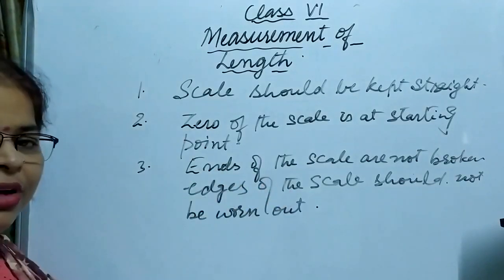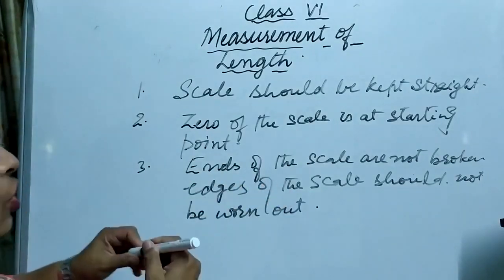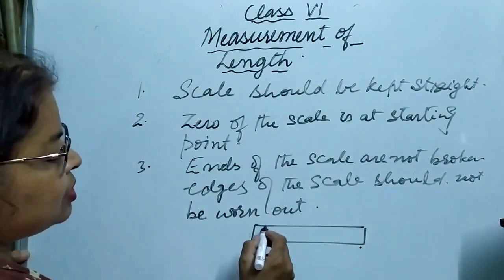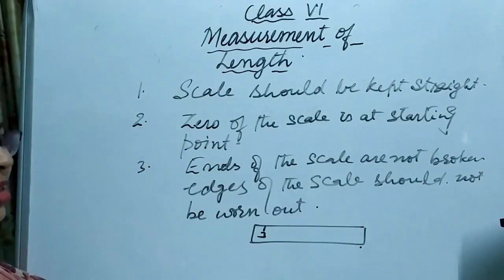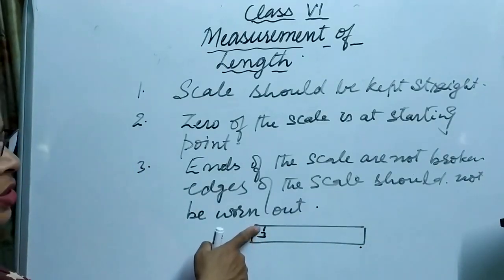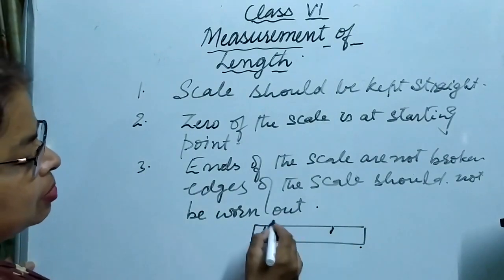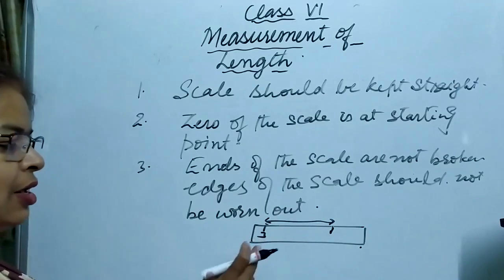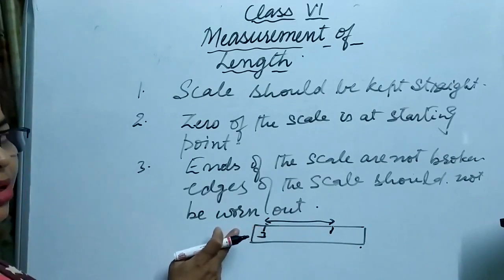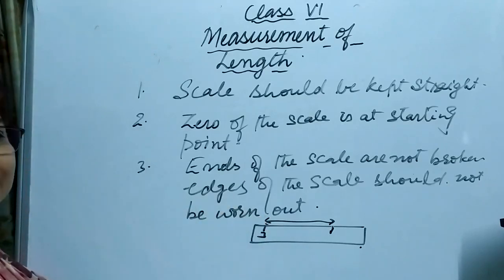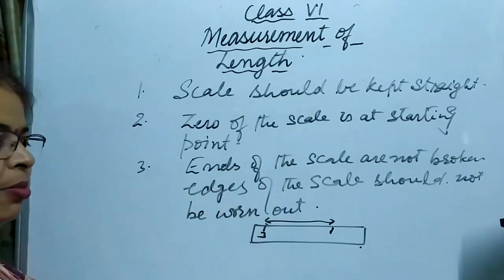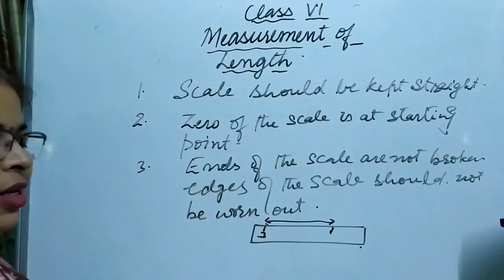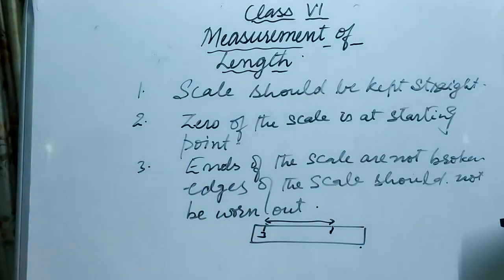The errors will be developed. For example, your scale, instead of starting from 0, starts from say 3. Instead of 0, it is having 3 as the first number. So when you are going to measure something of this length, what you will find out? In this case, you are going to reduce this number 0, 1, 2, 3. So 3 centimeter or inches, whatever the way you are measuring, should be reduced, and 3 should be taken as the first point, like 0.